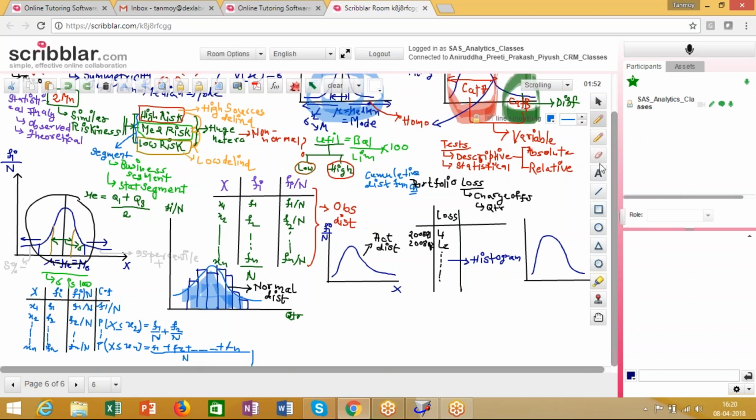So therefore what we get over here is that this is equal to 1. So the cumulative distribution function does nothing but give me an idea about the probability of x less than equal to xi. So if I draw this graph,